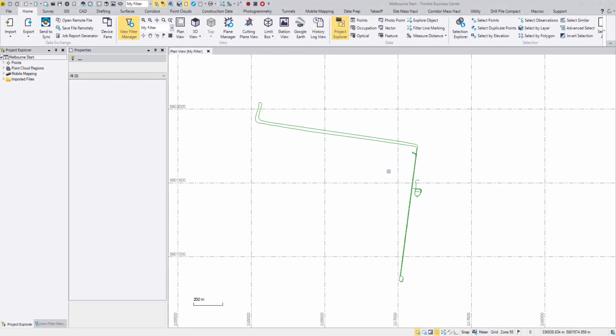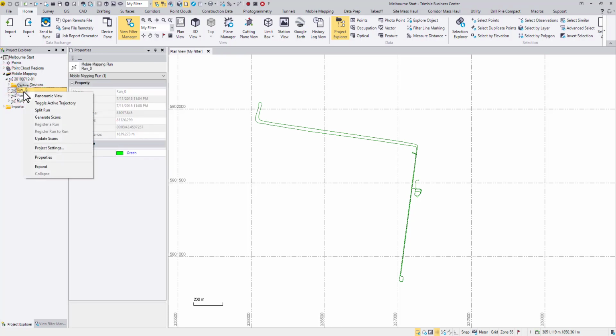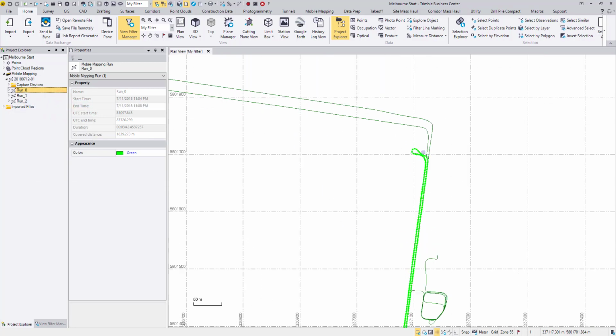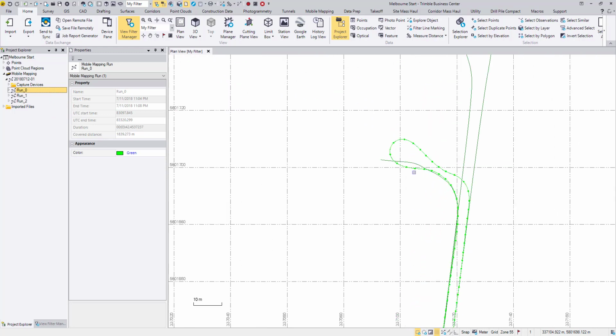Let me show you how it's done. I have an MX9 dataset loaded in TBC. When I toggle the trajectory of run 0, you'll see that we didn't stop the run at the U-turn. Instead, we kept running. To split run 0, you can keep the run highlighted, then go to the Mobile Mapping tab